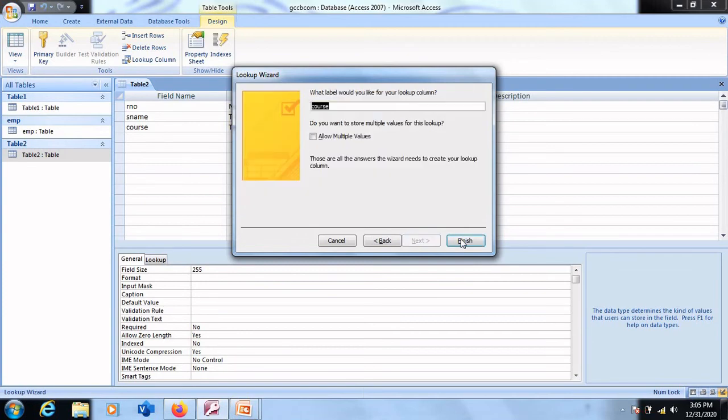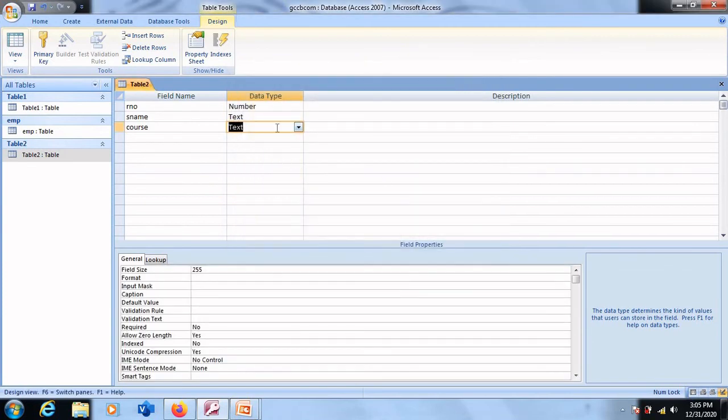Click on next and then finish. So for this now, what we have is lookup wizard. Let us have a look at how this output will be displayed. We'll add some more fields into this table, but before we add some more fields, let us have a look at how lookup wizard is available at the table creation, or while entering data, how exactly this looks.